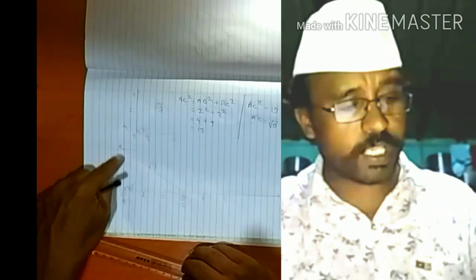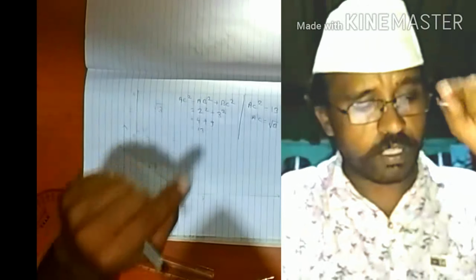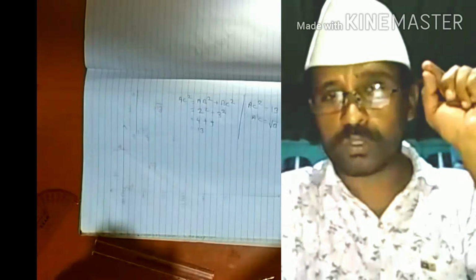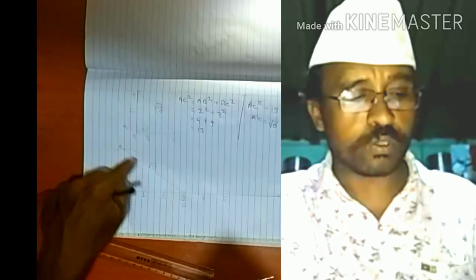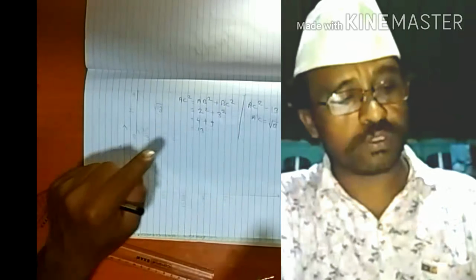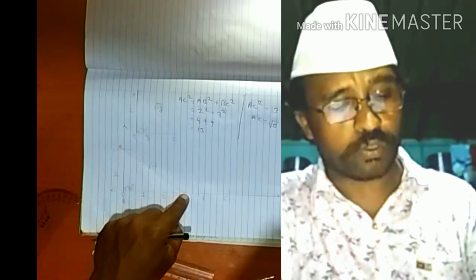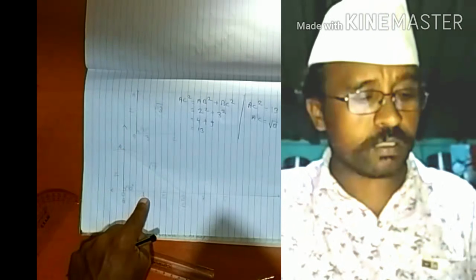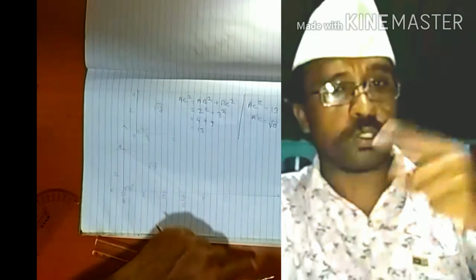If BC is 3 centimeter, AB is 2 centimeter, AC will be root 13 centimeter. Suppose BC is 3 kilometer, AB is 2 kilometer, AC will be equal to root 13 kilometer. So similarly, if BC is 3 unit, AB is 2 unit, AC is equal to root 13 unit, we have to show this root 13 unit on this number line. Means this much distance should be root 13 units away from 0. As 1 is 1 unit away from 0, 2 is 2 units away from 0, this root 13 should be root 13 units away from 0.